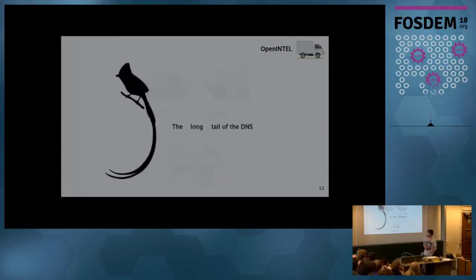We do not process all of the domains. That would be crazy. I mean, in the .com zone alone, there are more than 2 million domain names. First, we filter out the domains using a technique called the long tail analysis. Now, what is the long tail analysis? As you can imagine with the name, long tail,